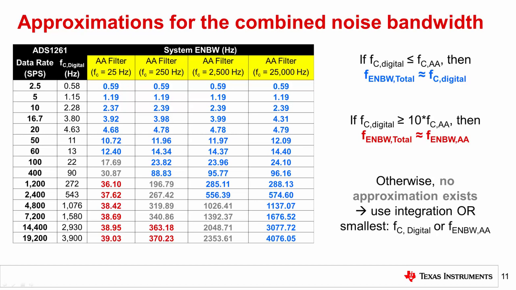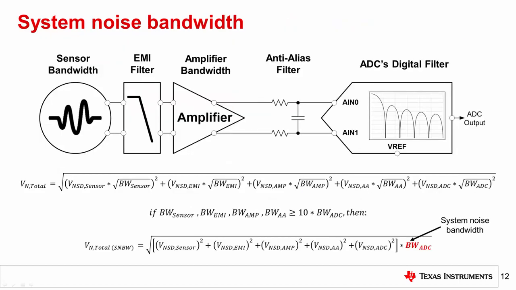Furthermore, since the ADC is furthest downstream in the signal chain, the entire system's noise bandwidth, from sensor to ADC output, can be reduced to just the digital filter's negative 3 dB cutoff frequency. For example, the system presented at the beginning of this module and redrawn here could employ this approximation. The equation for V in total requires the bandwidth seen by each noise source to calculate the system noise. For generic multi-stage filtering systems, you could approximate each bandwidth as the lowest cutoff frequency seen by each component.